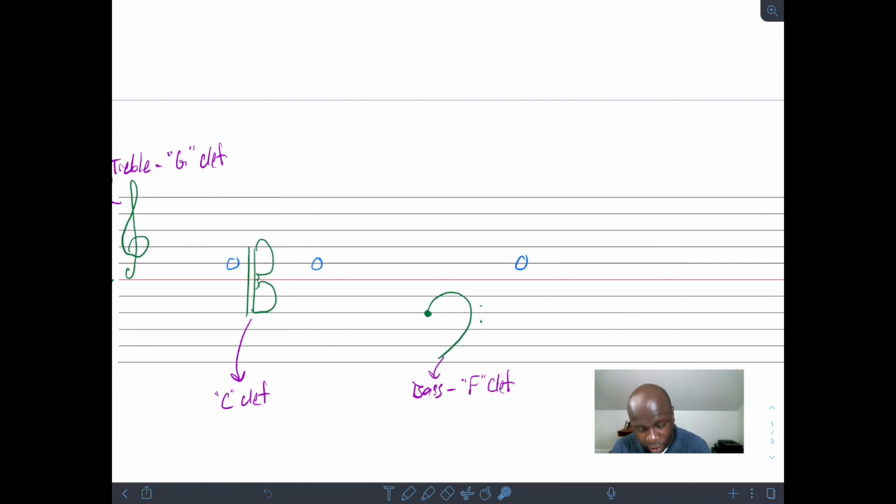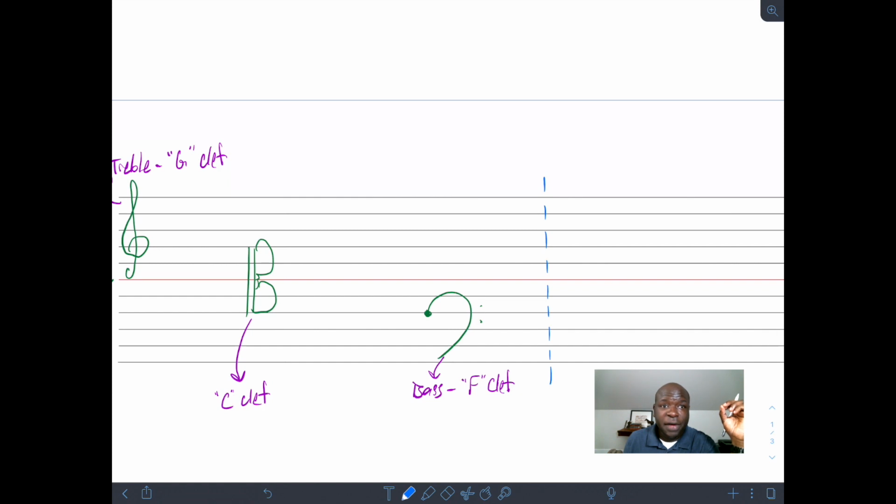So again, coming back to our succession of lines here, remember we have the bottom 5 lines for bass clef, okay, and the E that we were talking about borrows a couple of staff lines, which is where those ledger lines come from. So that's kind of how it looks like there. But again, I just want to drive this point home. This note is an E, no matter what clef we're looking at it on. The note E above middle C is always in the same place. It doesn't ever move. What changes is our perspective with respect to which set of 5 lines we're looking at, depending on the clef.